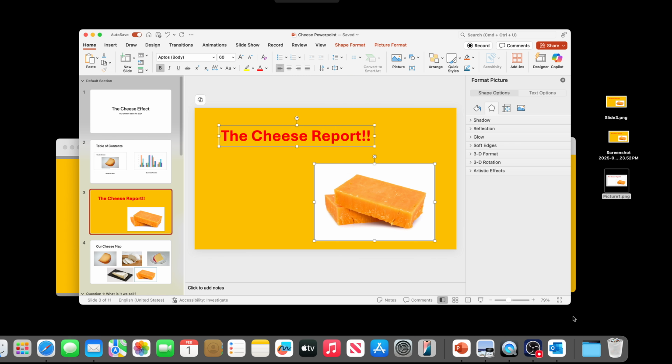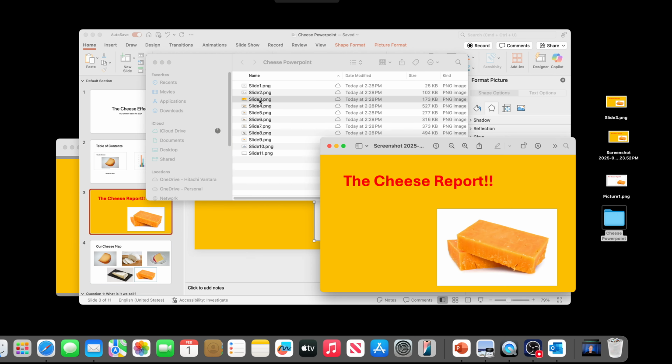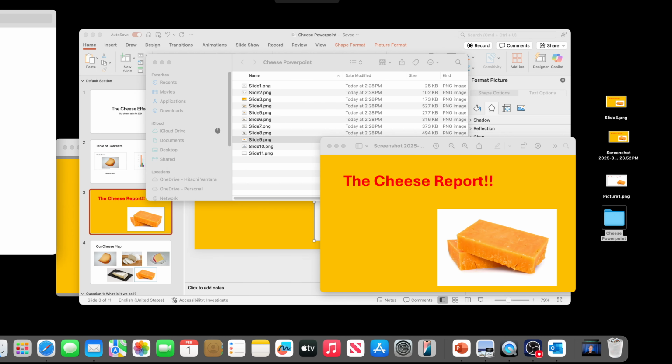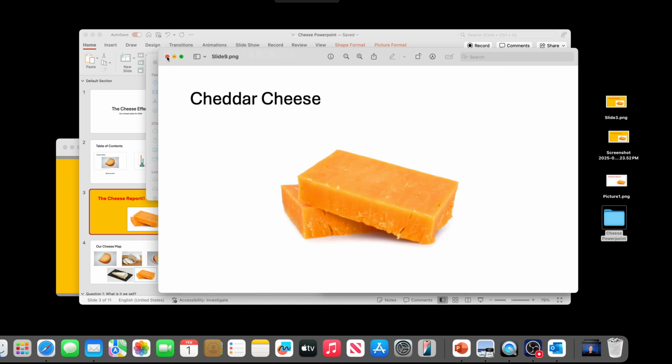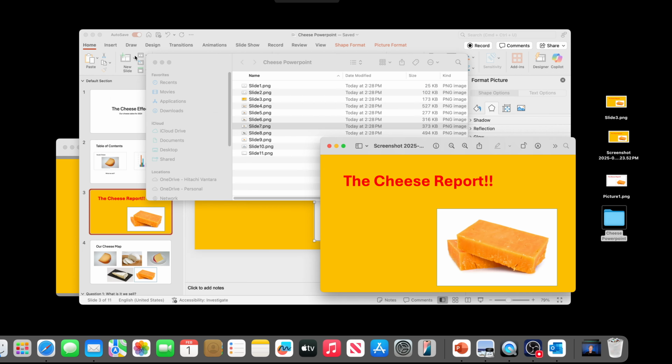what this will do is create a folder, I'll put this here, of all the individual slides you had. So there's our cheese report image there. If we go through here, here's some of our images of our cheeses. So you could export that whole presentation as a series of PNGs and choose what you want, and be able to utilize them in the way you want. So, interesting viewpoint, probably a little bit sciencey, projecty,